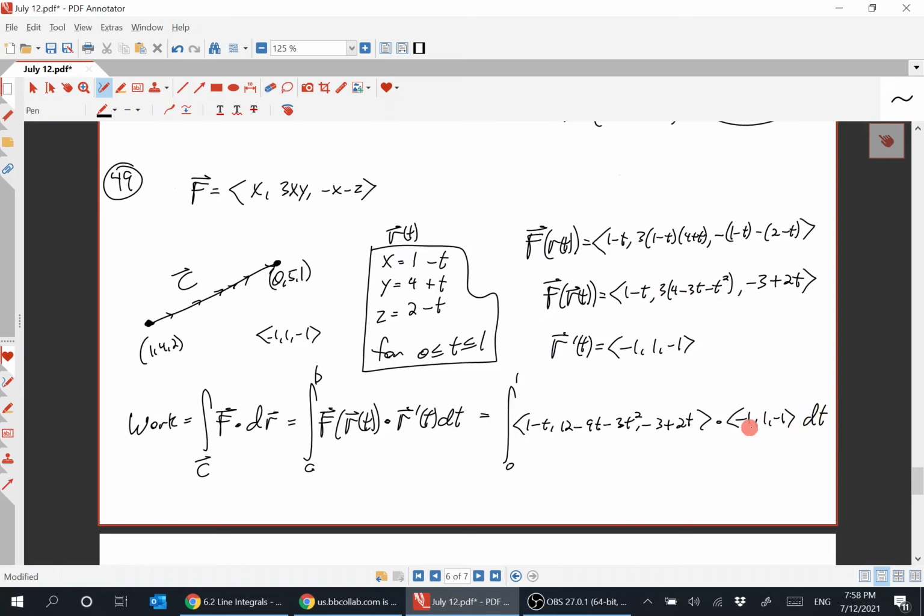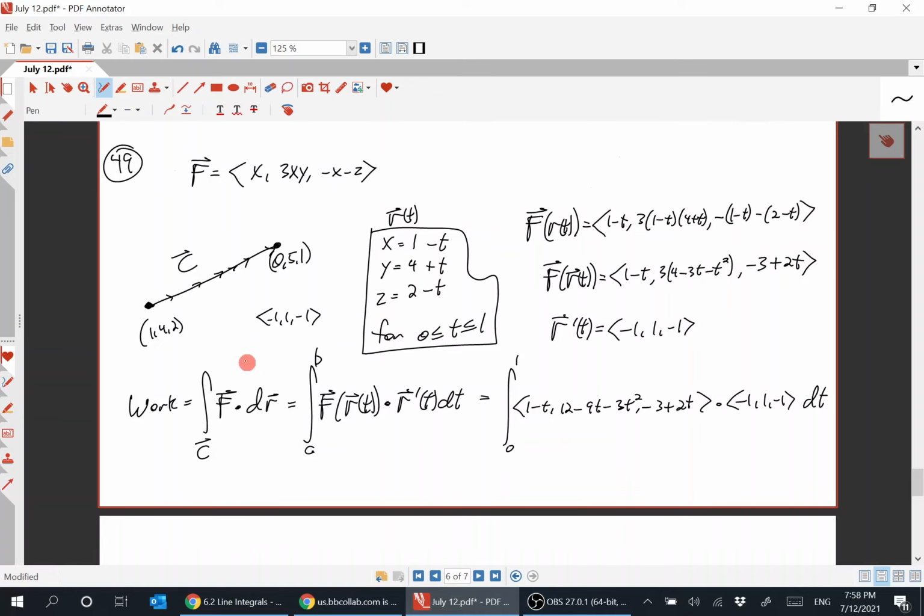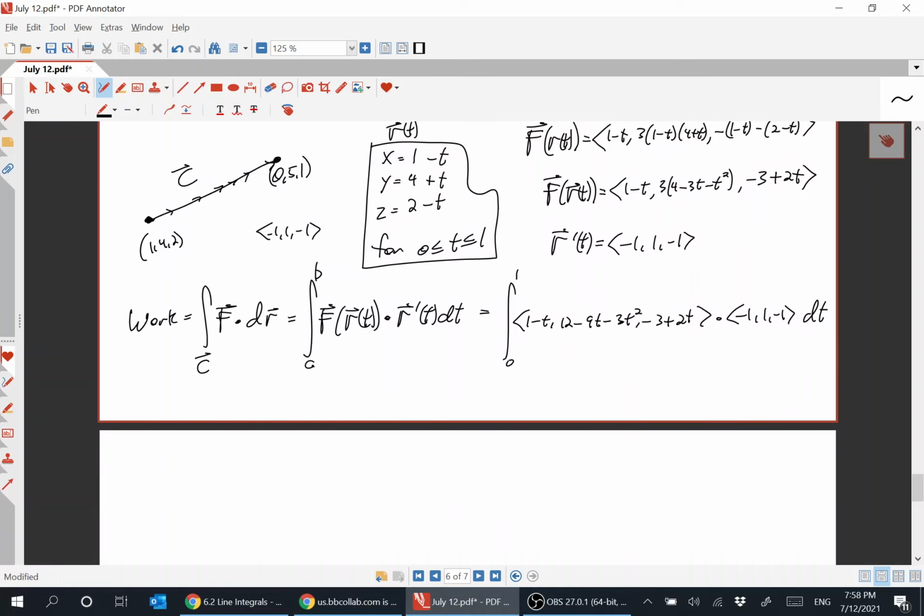And the dot product of two vectors is, of course, a scalar. So once we evaluate the dot product, then we'll have a scalar integral, which we can calculate. So it's the integral from 0 to 1, evaluating the dot product: t minus 1 plus 12 minus 9t minus 3t squared